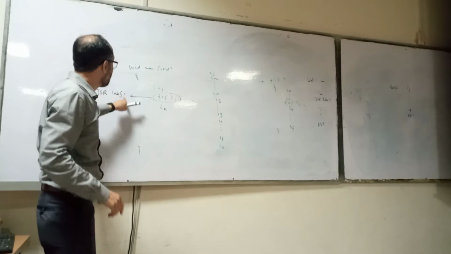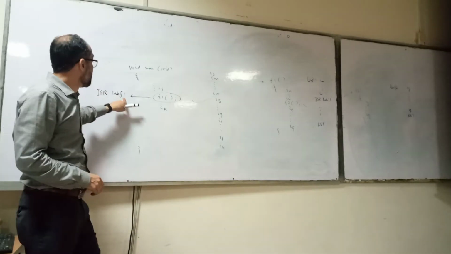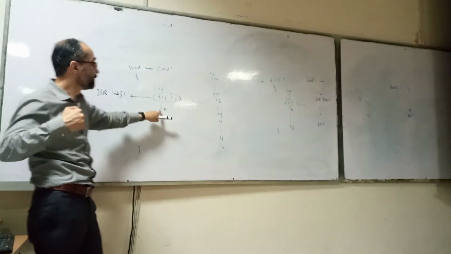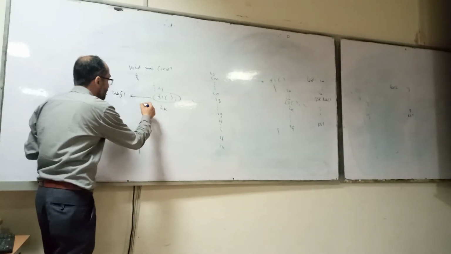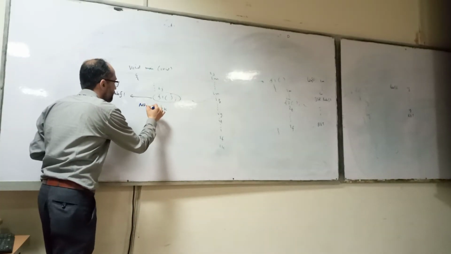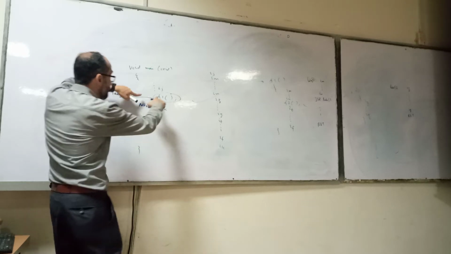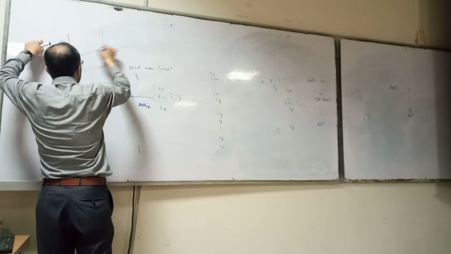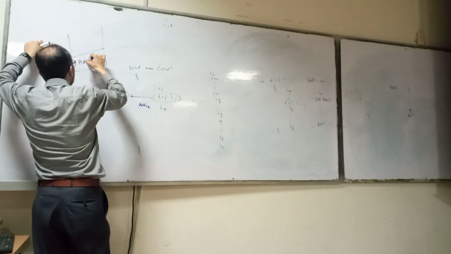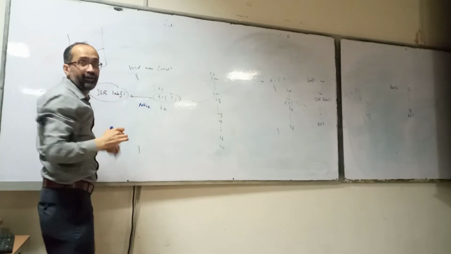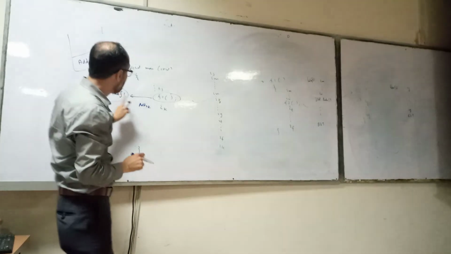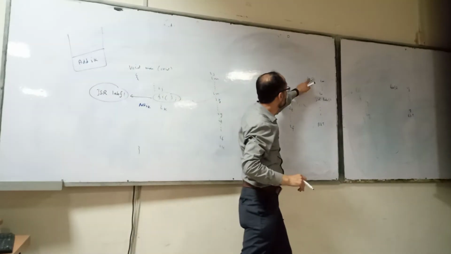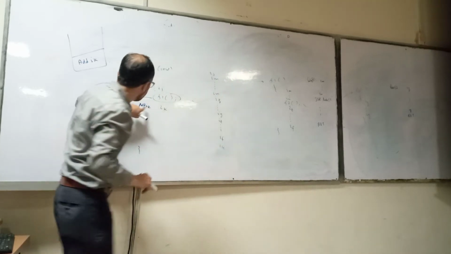But in JSR label f1, the address of the following instruction is stored. What is the address of the following instruction? IK. So the address of IK is pushed onto the stack when this instruction is executed. Before jumping to this function label f1, the address of ik will be